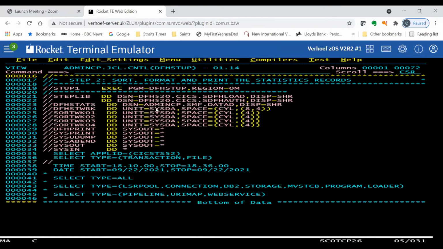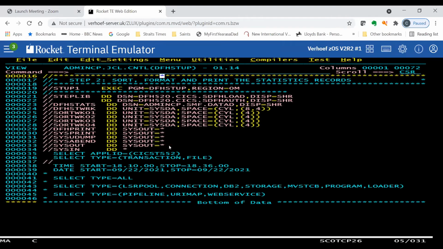And you can see here, as long as you've got your STEPLIB sorted out correctly, DFHSTUP is in SDFHLOAD. Don't really need SDFHAUTH here, but I've just put it there to identify it.